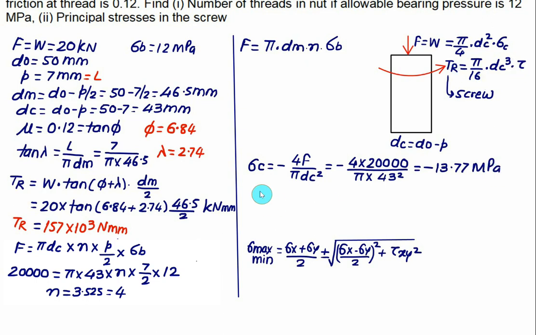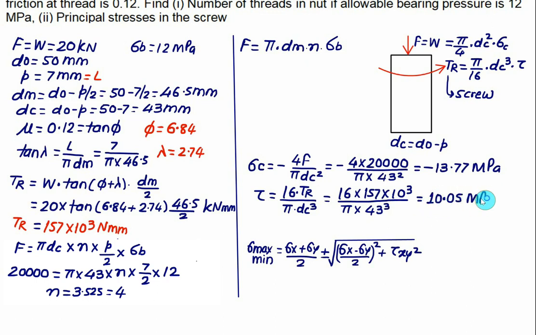Similarly, we can calculate tau. Tau is equal to 16 times the torque to raise the load without collar divided by pi into dc cube, equal to 16 into 157 into 10 to the power 3 Newton mm divided by pi into 43 cube, which is equal to 10.05